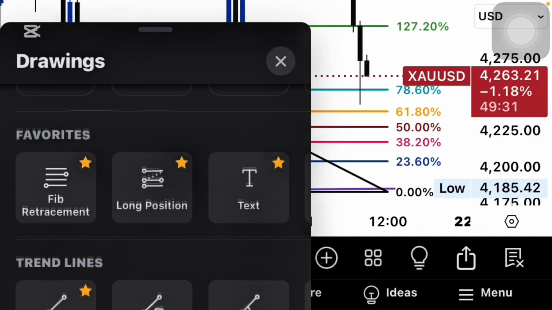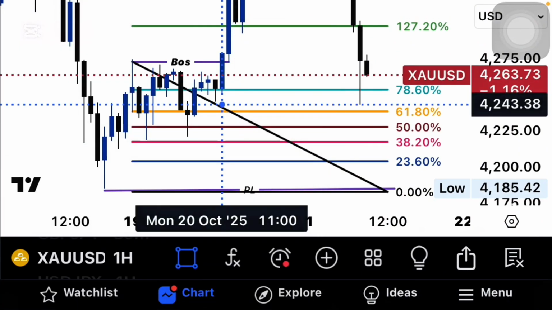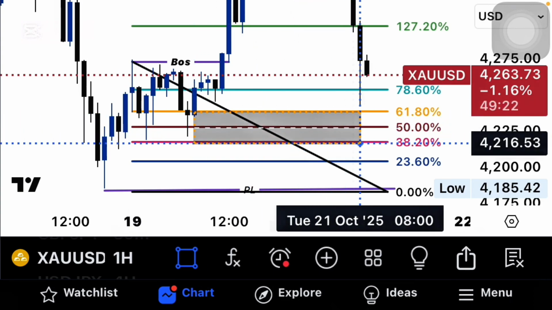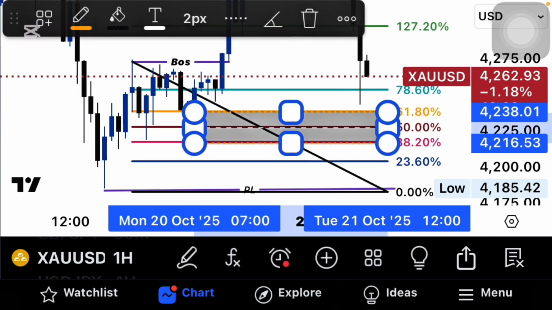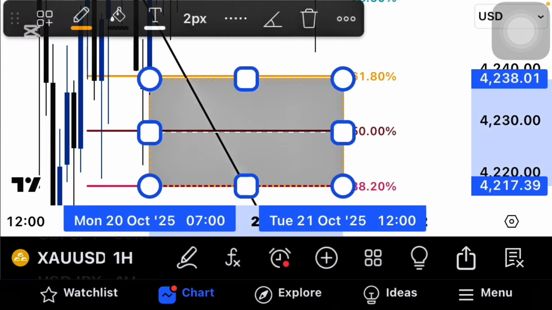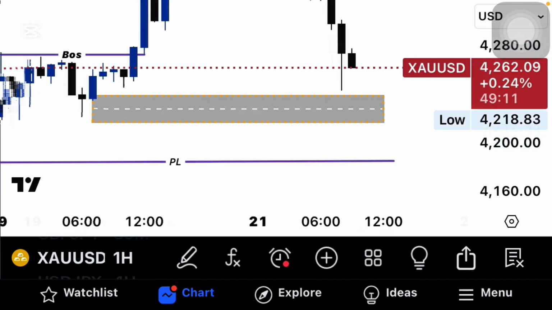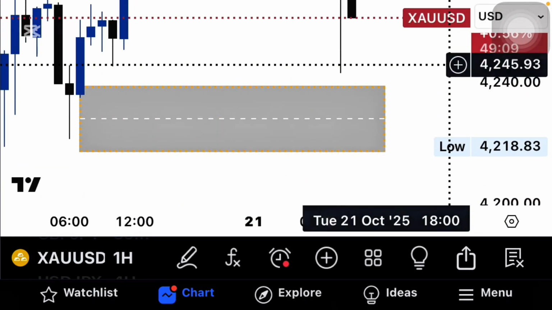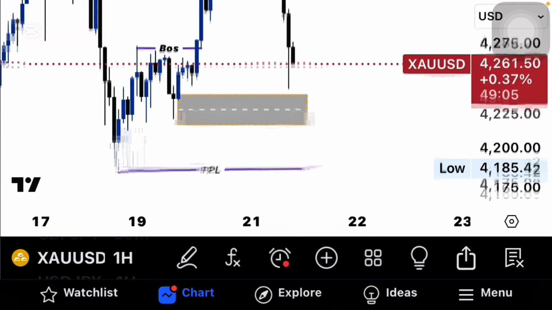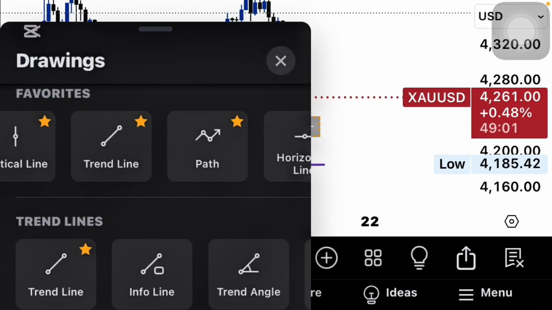So I just want to give you this analysis very brief and fast. So I want to mark out my 61, 50 and 38. This is the zone I'm waiting for. So this is going to be my point of interest on here. This is going to be my point of interest. So this particular one, it still hasn't tapped in my zone. This particular zone, you see, it still hasn't tapped in. So I want to see a full tap to that zone, to that particular zone,